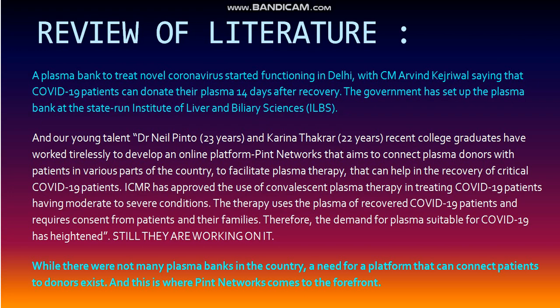Review of literature, which means: is there any existing system like us? So there is no online software present till now, but a plasma bank to treat novel coronavirus started functioning in Delhi, with CM Arvind Kejriwal saying that COVID-19 patients can donate their plasma 14 days after recovery. The government has set up the plasma bank at the state-run Institute of Liver and Biliary Sciences, and our young talent Dr. Neil Pinto and Kareena Thakur, recent college graduates, have worked tirelessly to develop an online platform, Pint Networks,